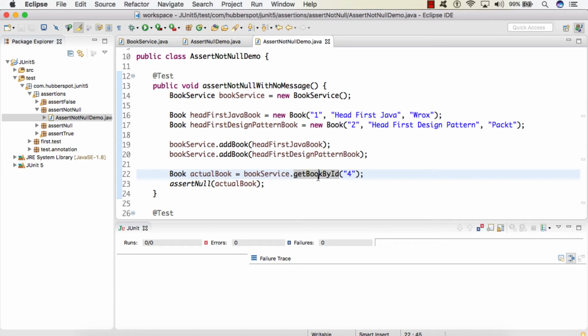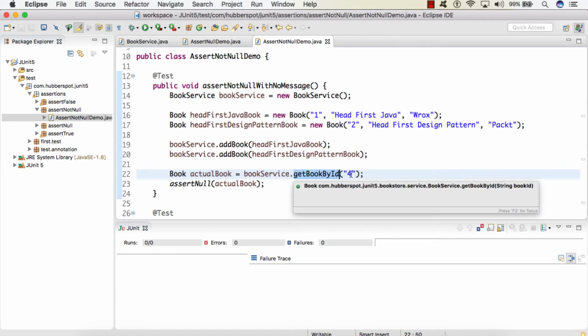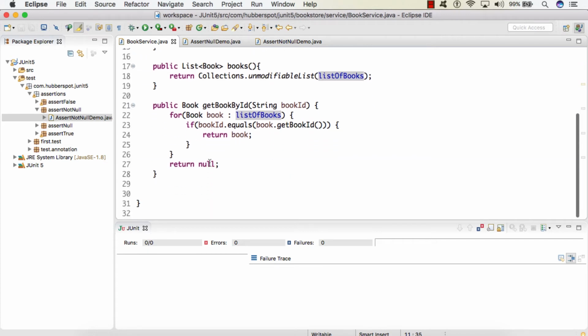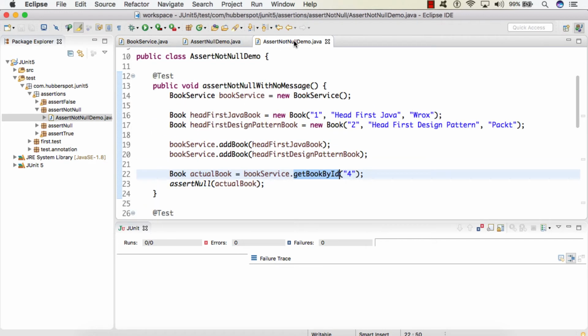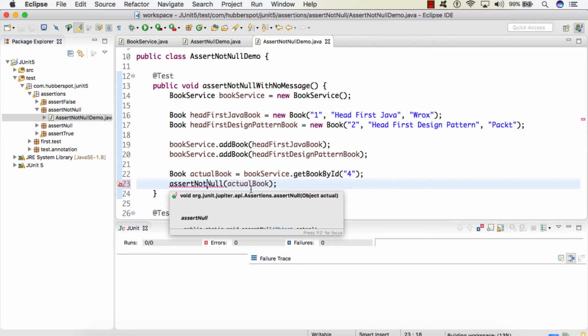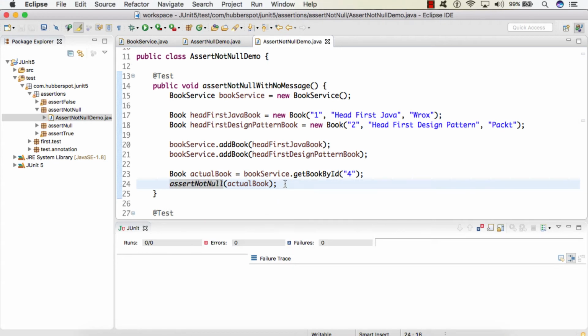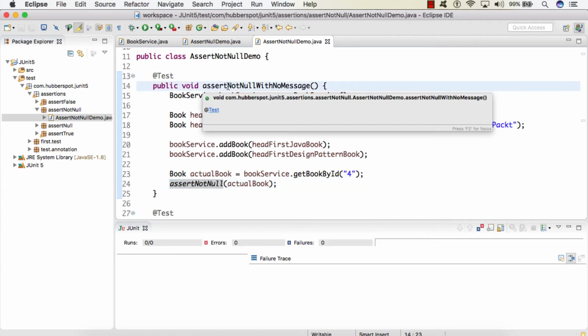So if we call getBookById by passing in value 4, we will get back a null value. So the actual book will be null. And if I call the assertNotNull method, I will just import it from the Assertions class. And if I run this test case,